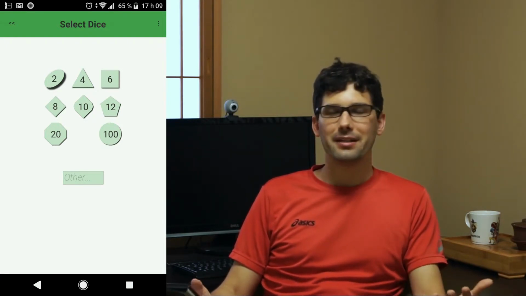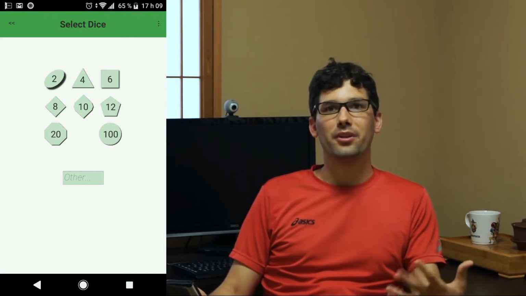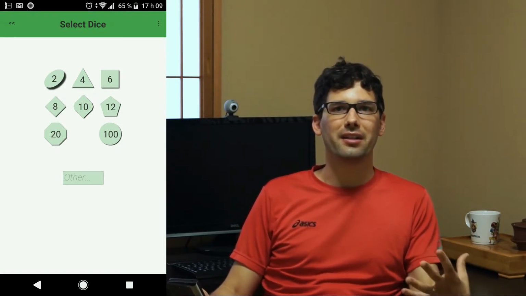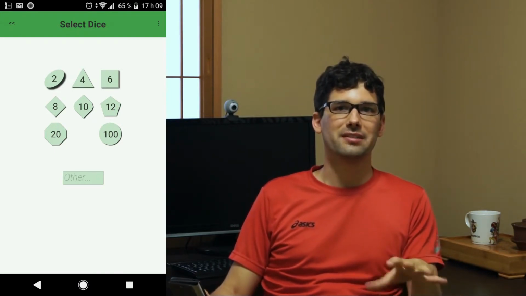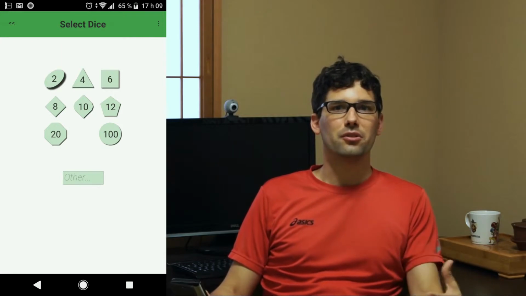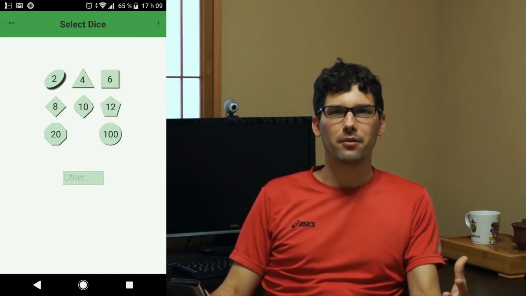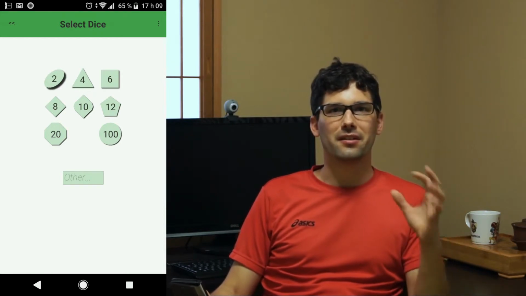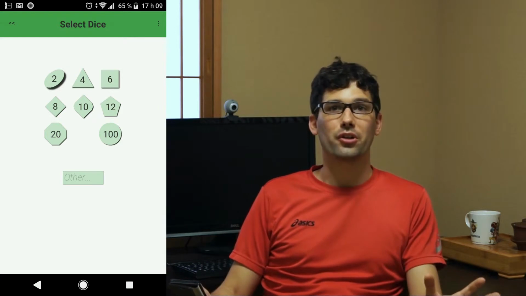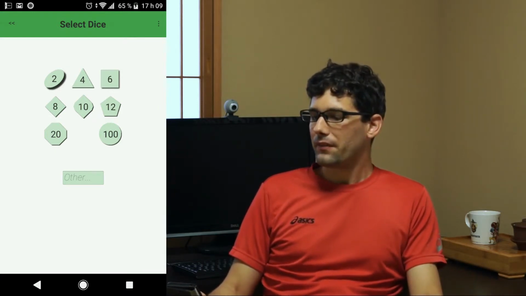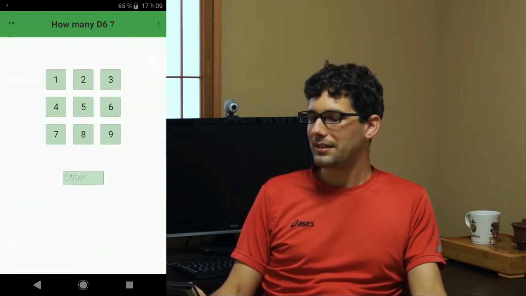So it's nothing great, but most of the functionalities and all the screens are there, and I had a really good idea of how I wanted it to look. So I stayed to that look for this version, but I just tried to use the material UI design and try to make it cross-platform. With Framework 7, it turns out it's very easy, and it just switched automatically to whatever look and feel you wanted. So you see, I can click on some dice, I can select how many dice I want to throw,